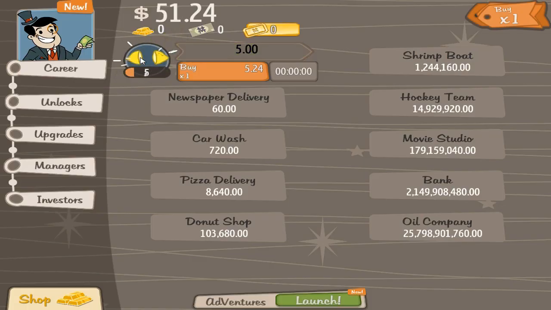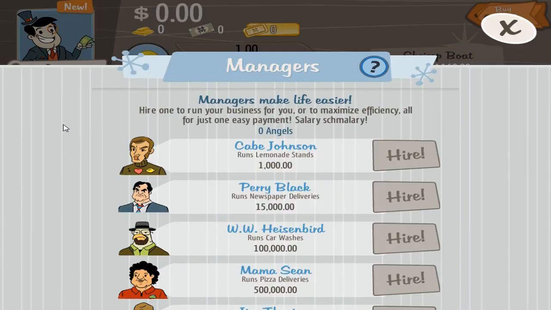Now, if we look under the managers section, we can see that, well, first, there are some very interesting managers with interesting names, which we'll talk about in a little bit. But first, what are they saying here? Hire one to run your business for you or to maximize efficiency. All for just one easy payment, salary schmallery. Now, what is this salary? Why do we need to pay them? Is this all one easy payment? Well,